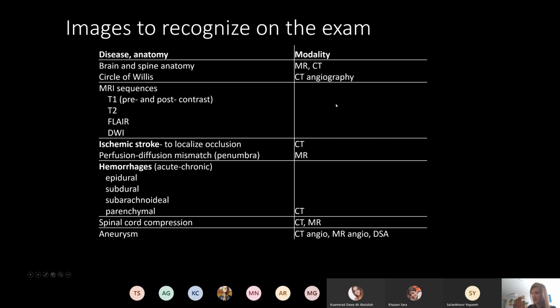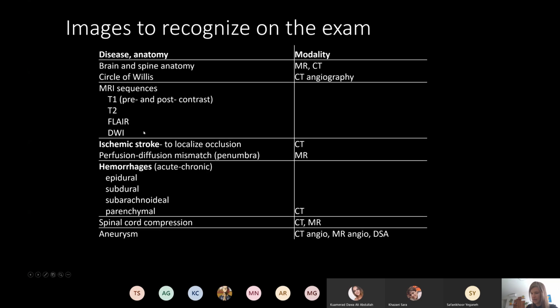We also created a list of images that you need to recognize for the exam. So this is the list of pictures you need to recognize for the exam, and we are going to go through all of these during this seminar. You need to know brain and spine anatomy on MR and CT scans. You need to know the circle of Willis, the vessels, like you need to name them. You need to recognize the following MRI sequences: T1 weighted sequences, T2 weighted sequences, FLAIR and DWI, diffusion weighted